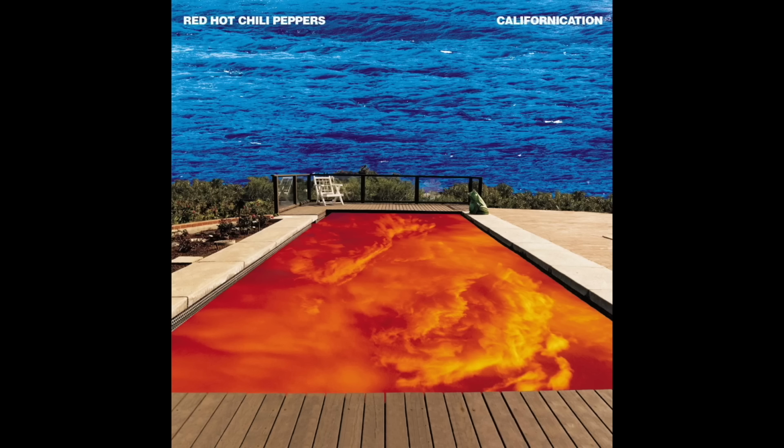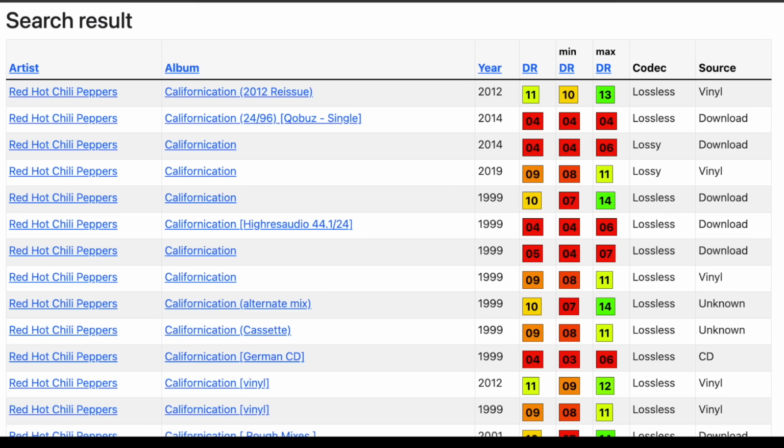And in some cases, you might be streaming or buying a high res version that is nothing more than just an upsampled version of an already crappy remaster. Now, of course, you can have albums that are just junk to begin with. One particular album that I think many people are aware of is Red Hot Chili Peppers' Californication. This album was produced by famed producer Rick Rubin, but on the internet, it's widely regarded as a terrible master.